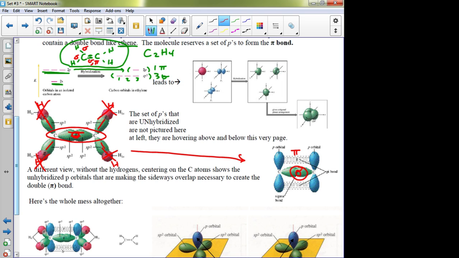Oh, so it has nothing to do with the double bond. It has something to do with those other 2. Yes. Well, what do you mean it has nothing to do with the double bond? Well, like you're saying, the pi bond is coming from both of those p orbitals, but